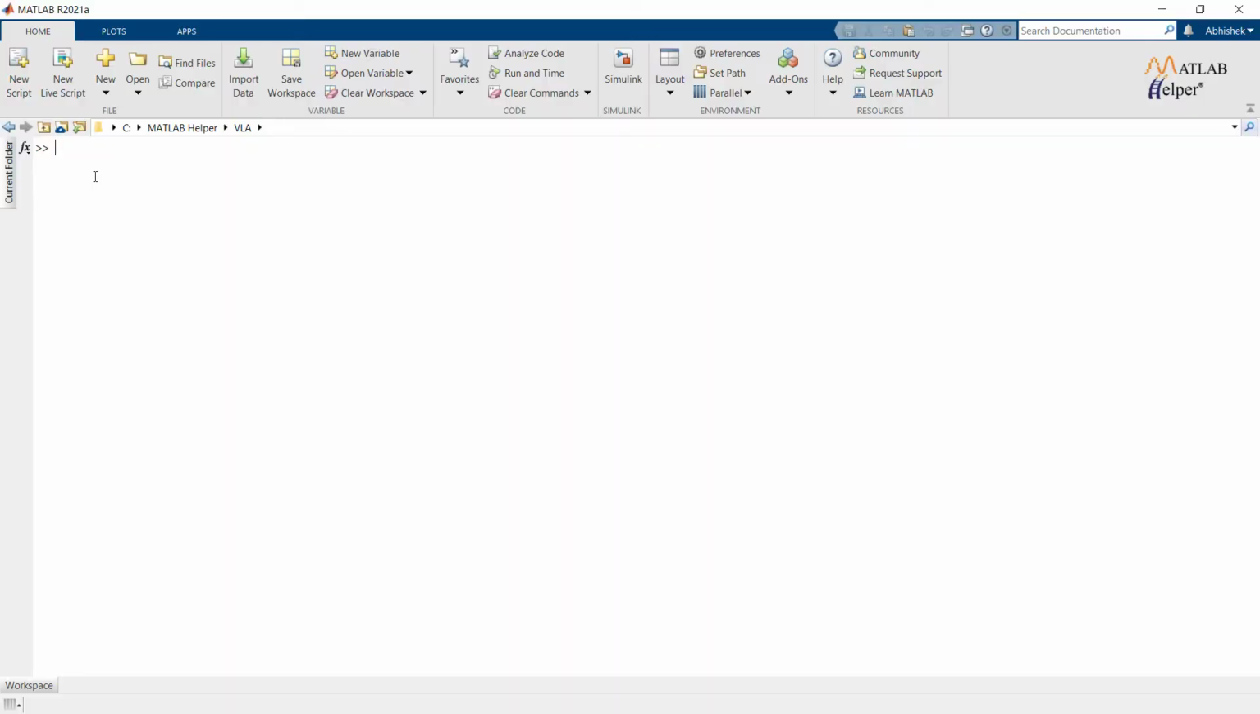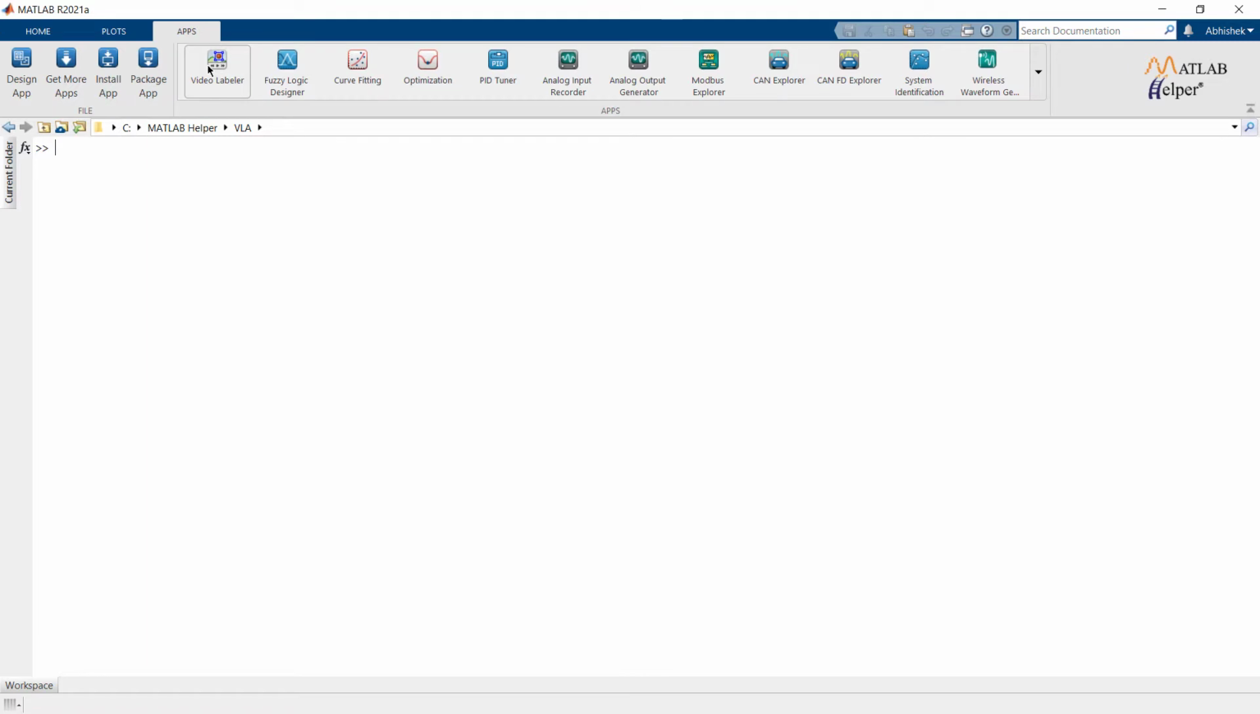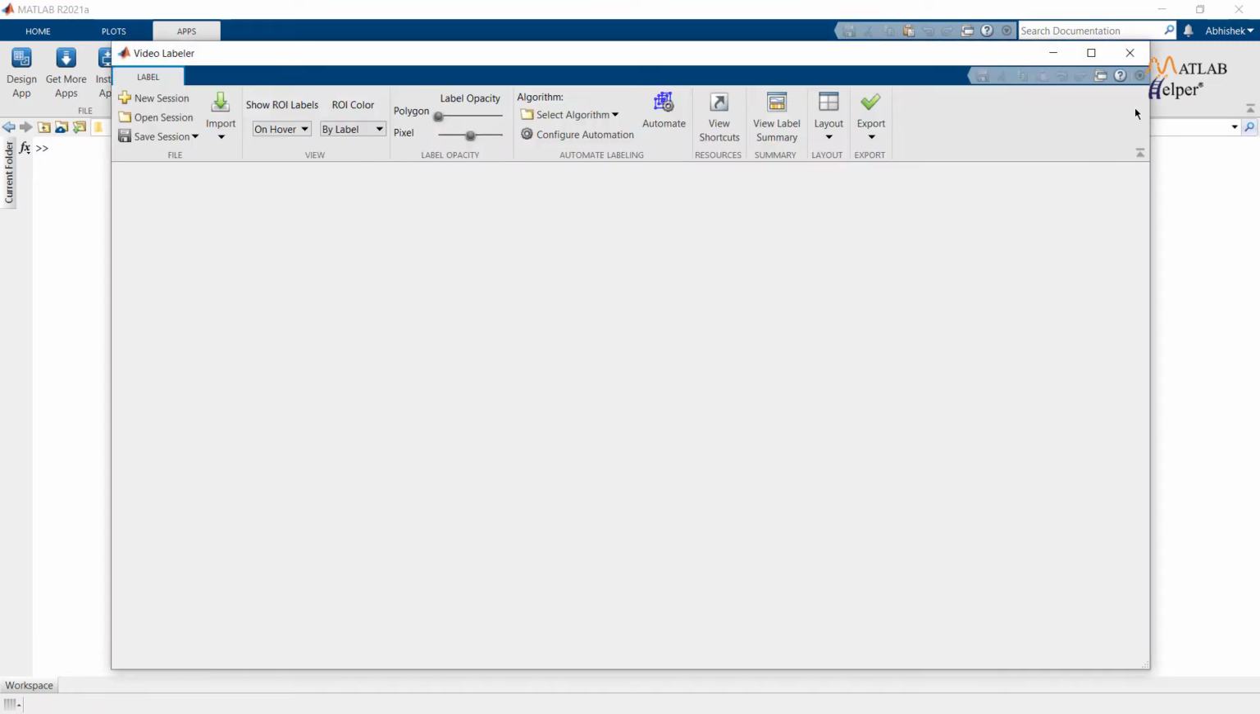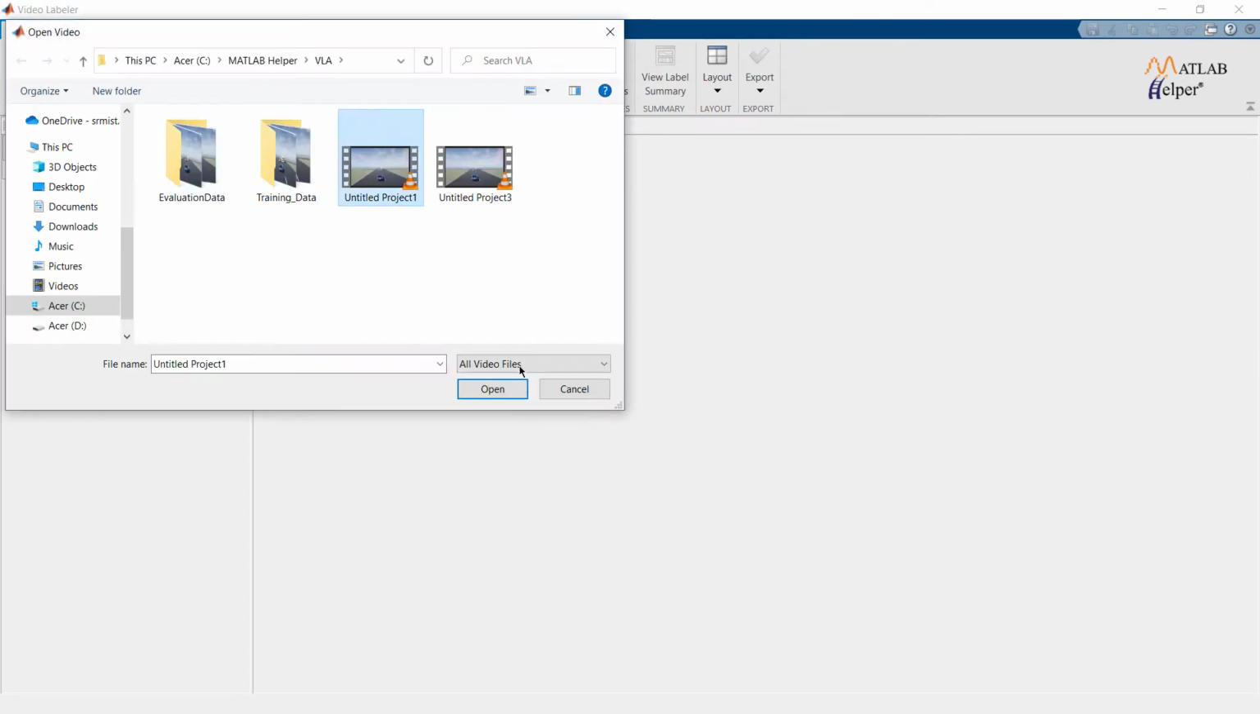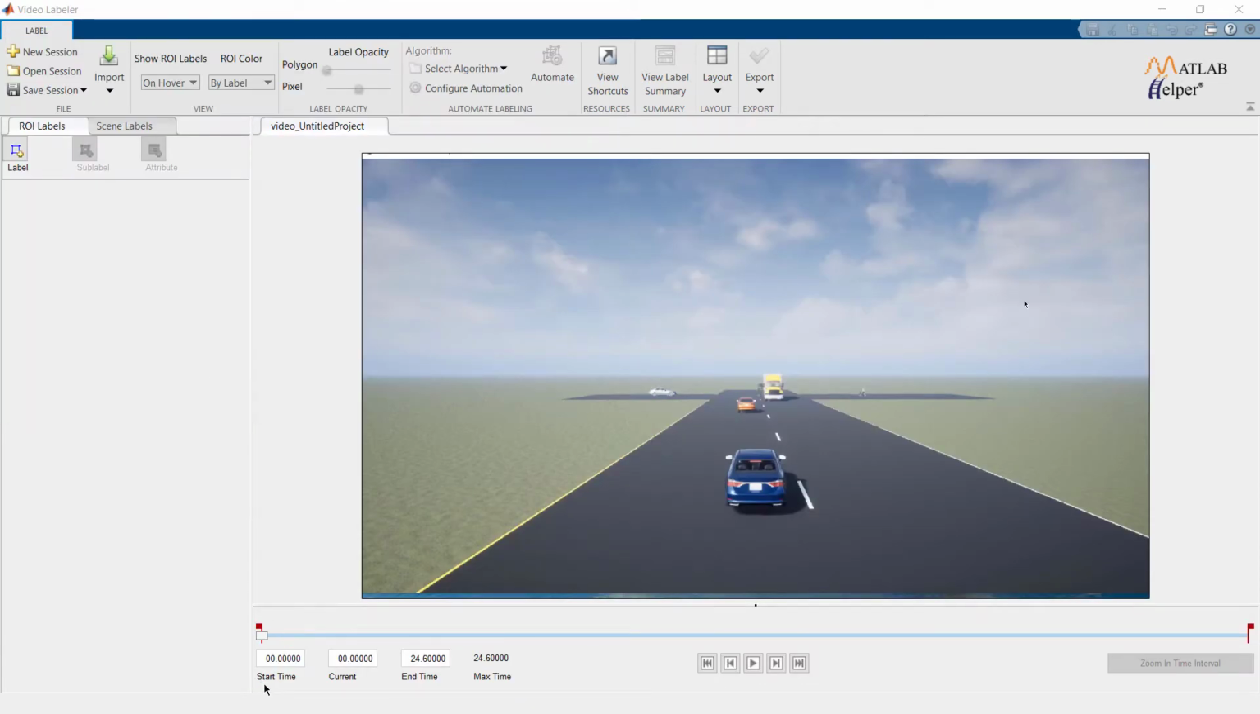Start by opening MATLAB, move to the App ribbon and select the Video Labeler app. A new environment will pop up, and this will be the environment we will be working in most of the time. Start by clicking on Import, then select the required data, video in our case. The video will be opened in our environment with start, current, and end time and a video slider to move forward or